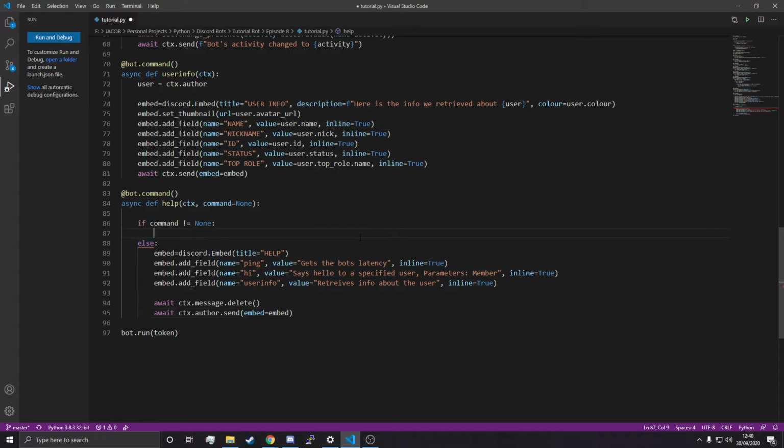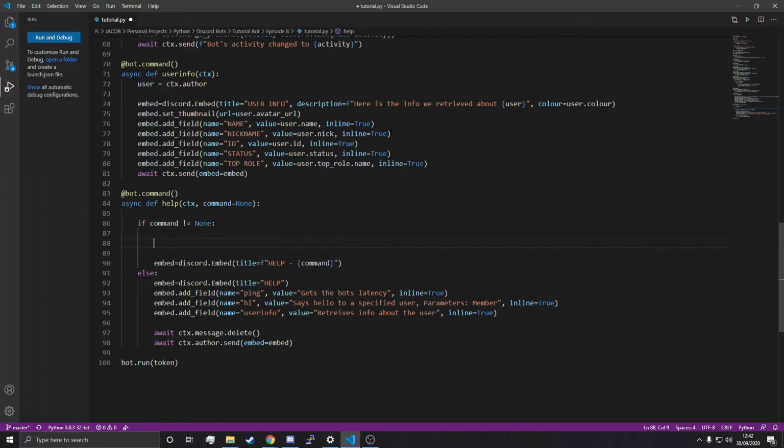So if we have a command passed in, what we're going to want to do is, again, create an embed. I just really like Discord embeds. You don't have to use an embed, but help, and we're actually going to make this an f-string to specify that it's helping for that specific command. I haven't put in title. Title equals f-string. There we go. Okay, so before we create the embed, what we're actually going to want to do is